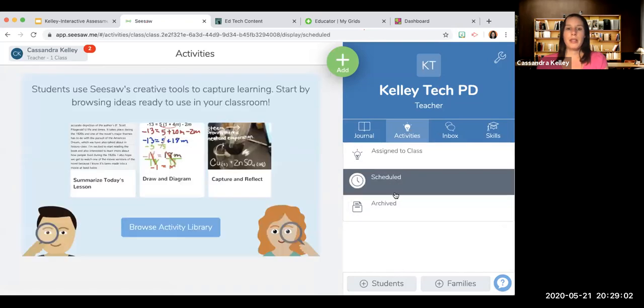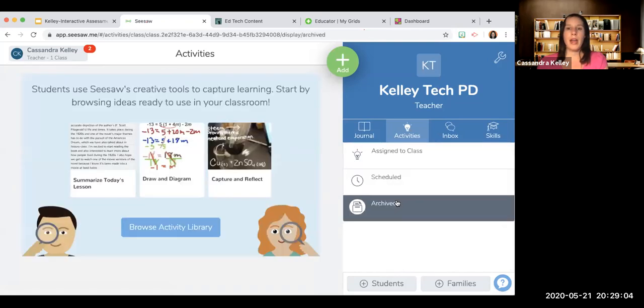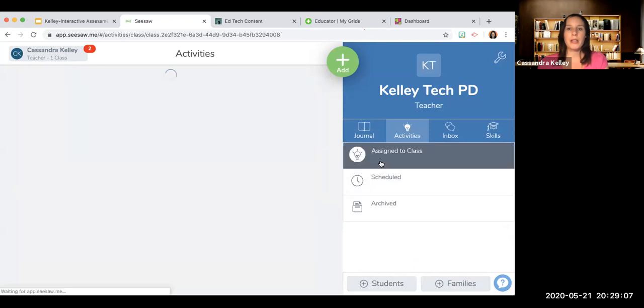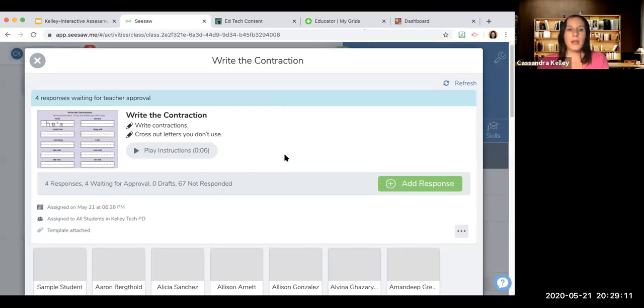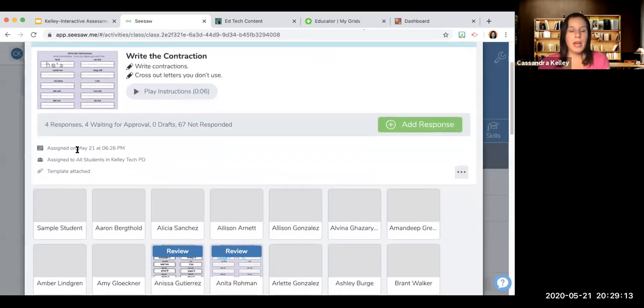So you can assign things by specific dates. There's a calendar actually with how you assign things. So I can click on review, and I can take a look at it. It's already showing me that I assigned it on this date. It's showing me how many people have done it, how many have not